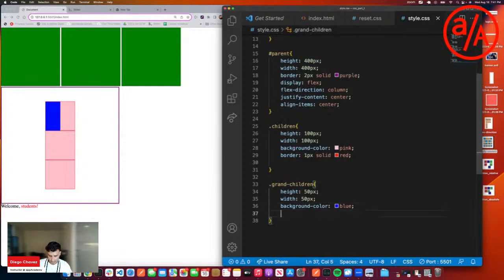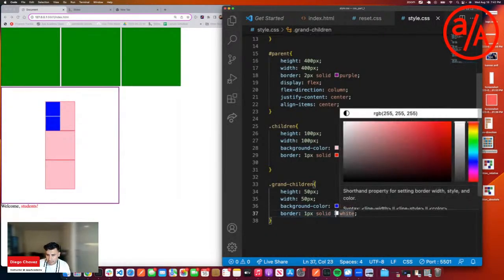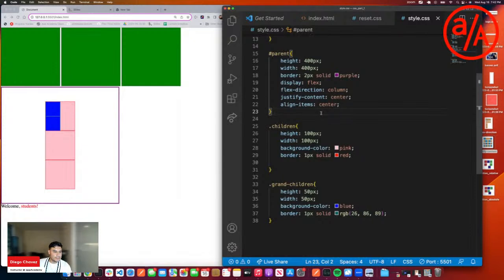And maybe a border of 1 pixel solid white, so we can see it really nicely. Let's do maybe like a teal or aqua situation. Darker. Okay, so we have